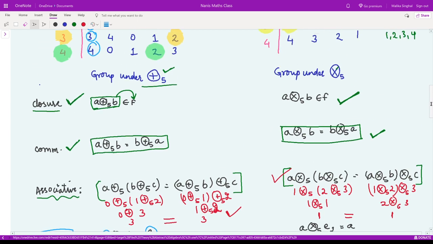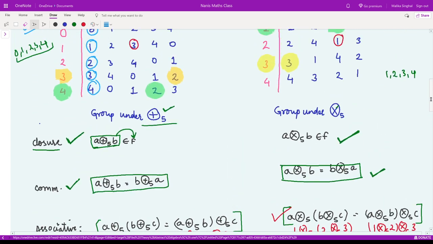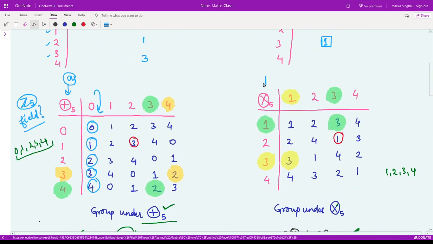See, in the similar manner, we have to check this multiplication identity mod 5. What would be that? If I take any number A and then I operate multiplication mod 5 with some number E2, I should again get the same number. So let us see what is our E2 in this case. So again this column represents A. So if I have A,